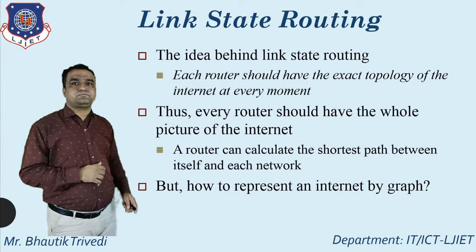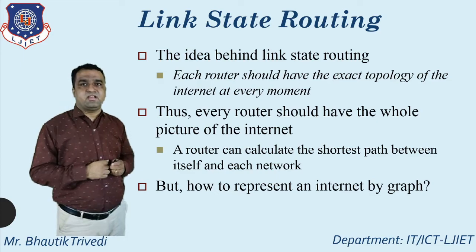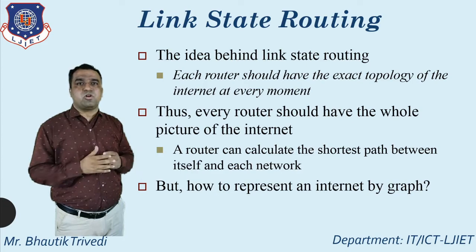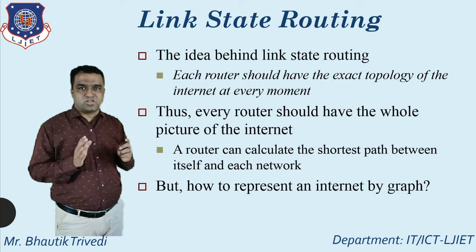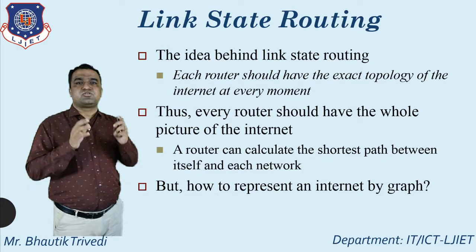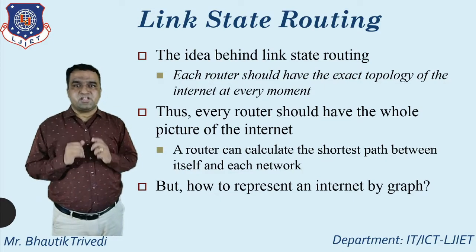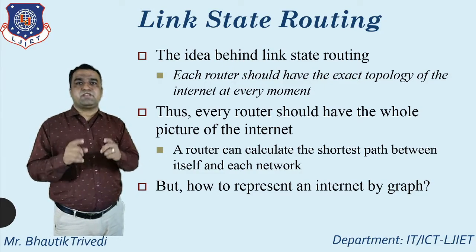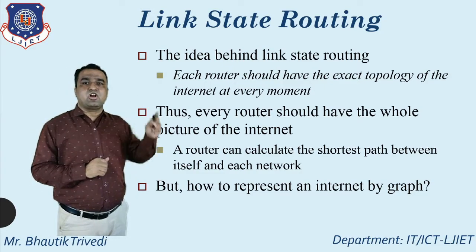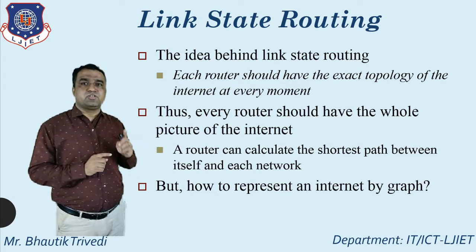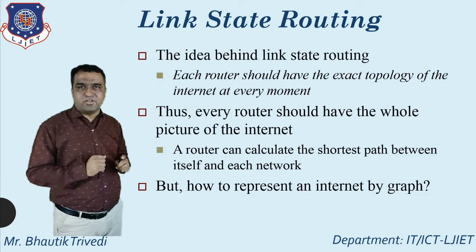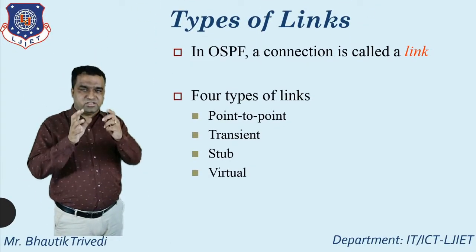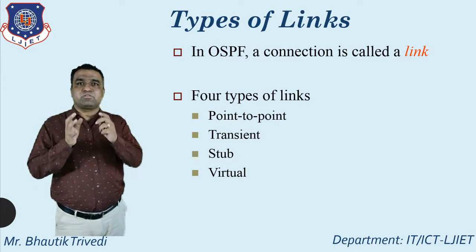After that, how do I identify the concept of link state routing? With using, all of you know, one topology for the particular structure. So every router should have a whole picture of the internet. Means each and every router calculates the shortest path between itself and each network, and according to that it directly transmits the information. So here the last point for this particular session, that is the types of links generally